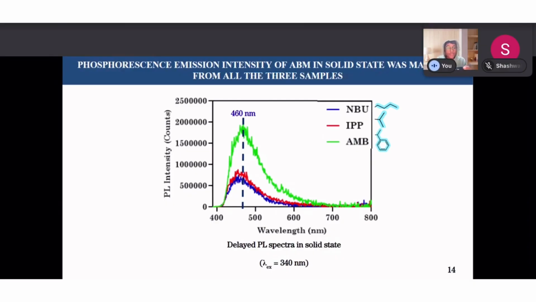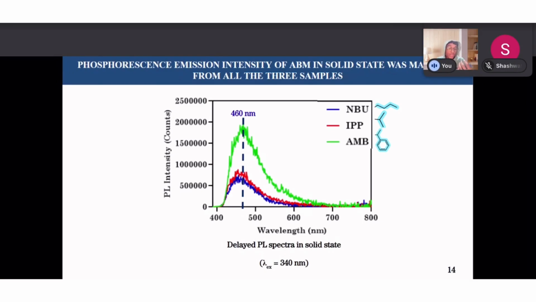We tried to study the intensity of phosphorescence emissions in the three different substitutions, and we found that as the bulkiness of the N substitution increased from N-butyl to isopropyl to alpha-methyl benzyl group, the intensity of the phosphorescence emission increased too. Especially, a high jump was observed in the alpha-methyl benzyl group from the isopropyl group. This can again be attributed to the fact that the alpha-methyl benzyl group is a much more rigid substitution, and it